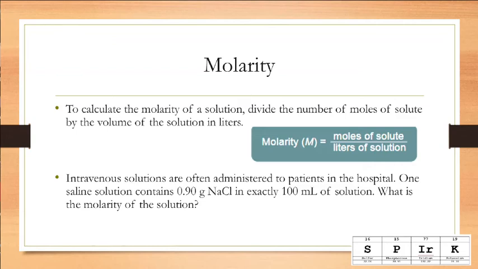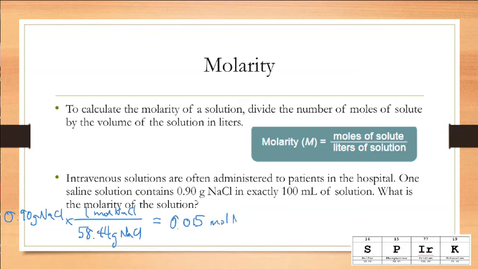When the saline solution contains 0.90 grams of NaCl in exactly 100 milliliters of solution, what is the molarity of the solution? So if you notice, they gave us NaCl in grams, but we need it in moles. So our first job is to convert grams of NaCl to moles of NaCl. And we know how to go from grams to moles. We're going to use the molar mass, and that is 58.44 grams of NaCl for every 1 mole of NaCl. And that leaves us with 0.015